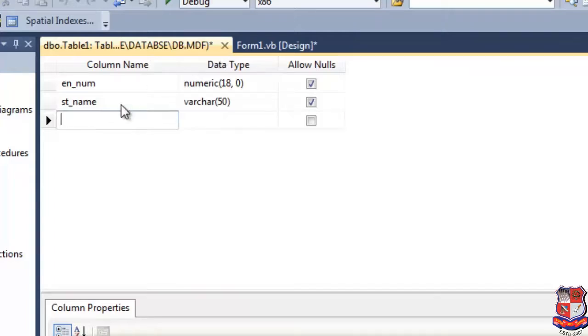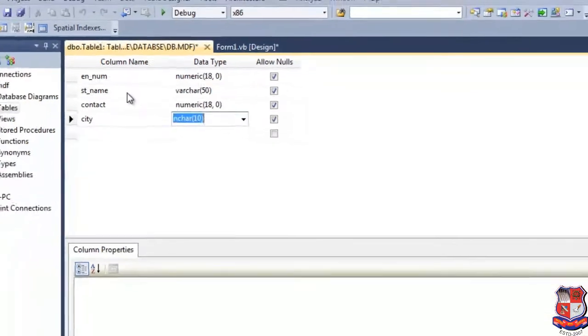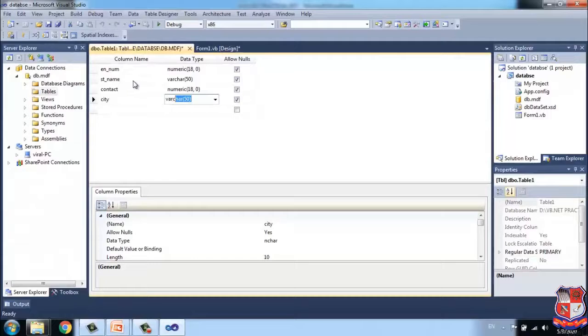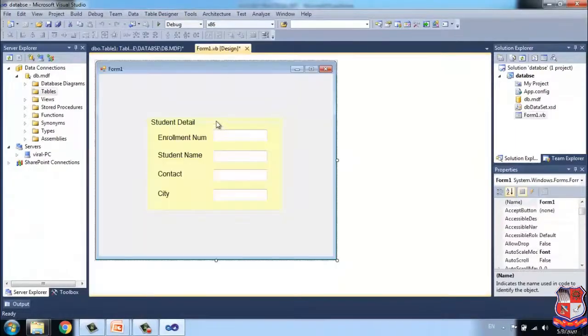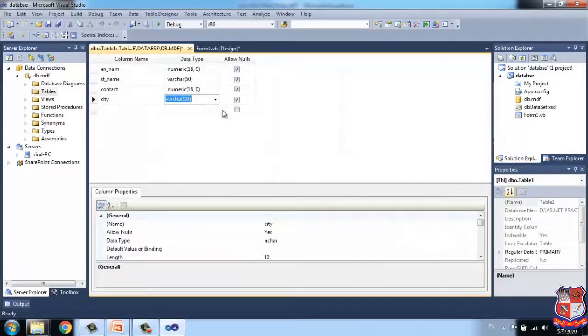Third, contact; its data type will be numeric. Last one is city; its data type will be varchar. There are 4 student details we have to enter in our database, so we have created one table with 4 columns.